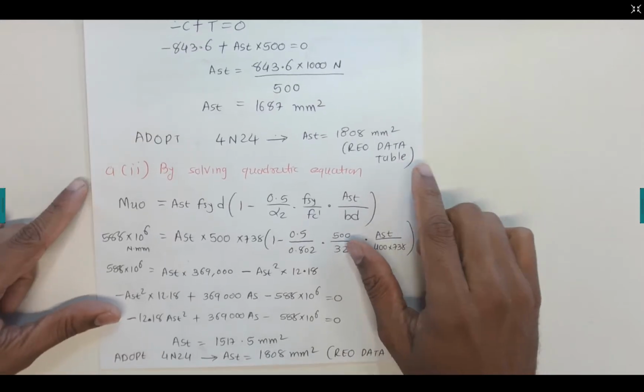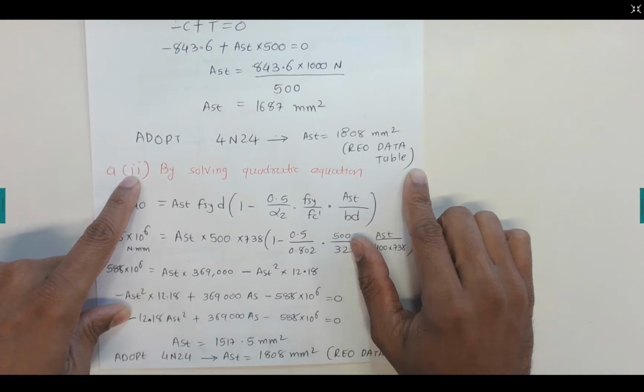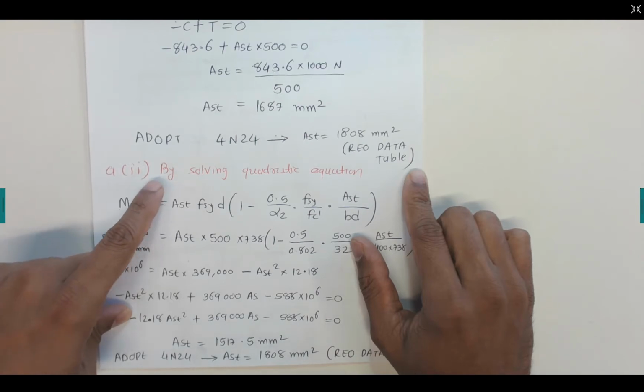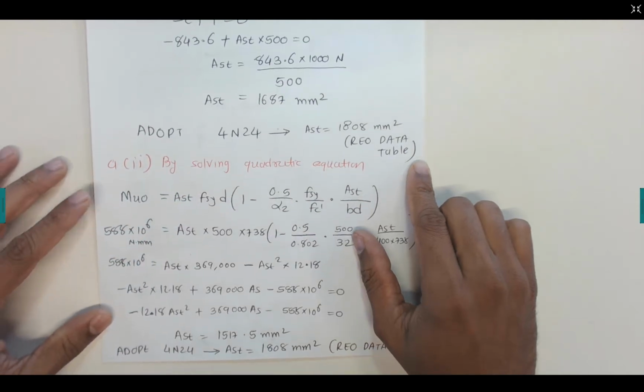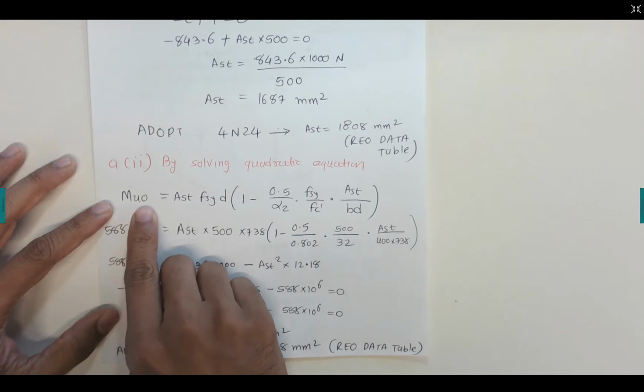Continue from previous video where we solved part A section 1. Now we are solving for part A question 2, where we need to solve by using the quadratic equations. In the previous video I explained how to get MUO,